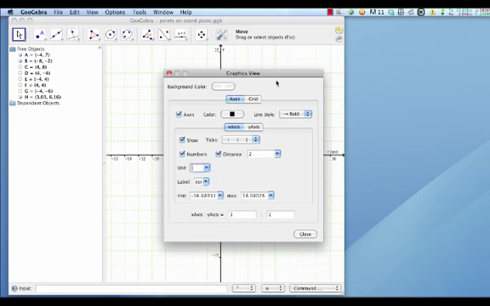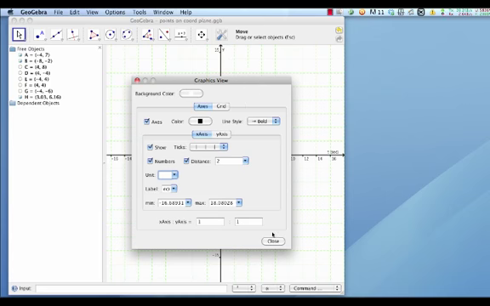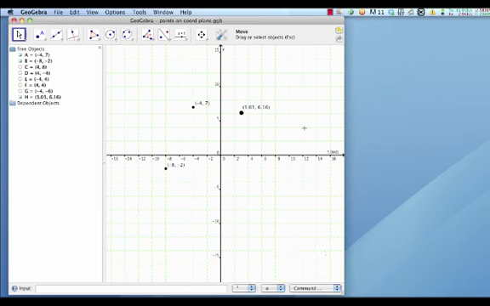And then you can see that there. I don't think you can move those labels. No. So if you want traditional XY labels,